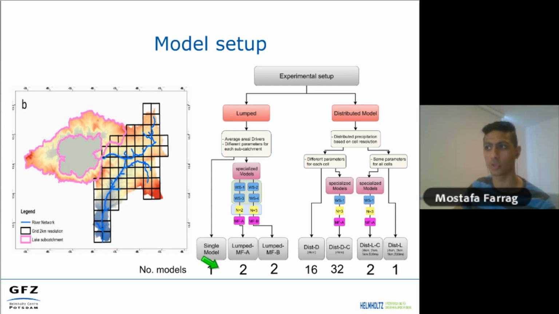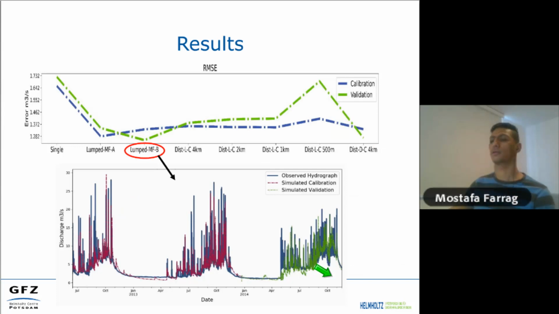So for the single model, we have one model for the whole subcatchment. And the complexity of the system increases a lot when we consider every single cell as a separate model. That's the case here with the distributed. So this part of the catchment is represented by 32 models. And for the results, here